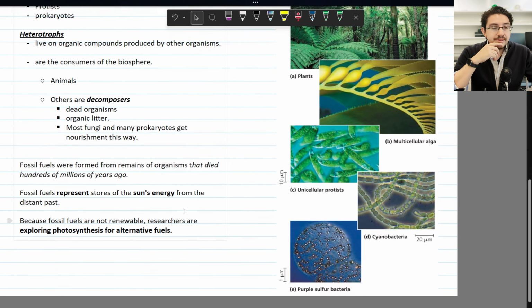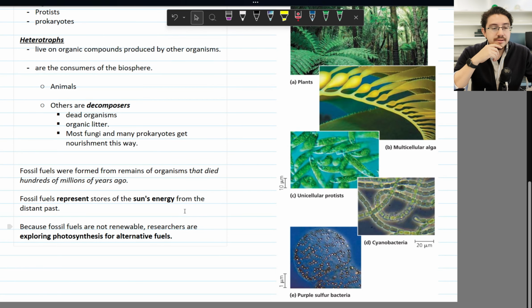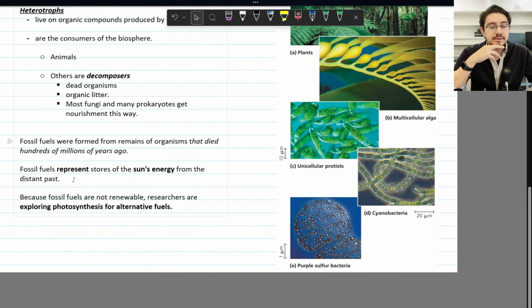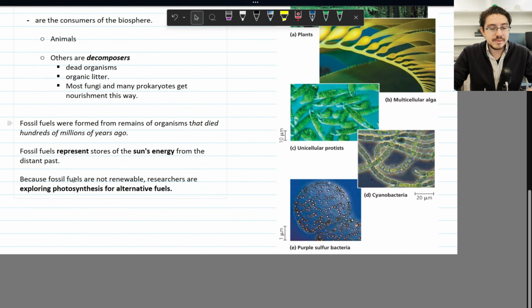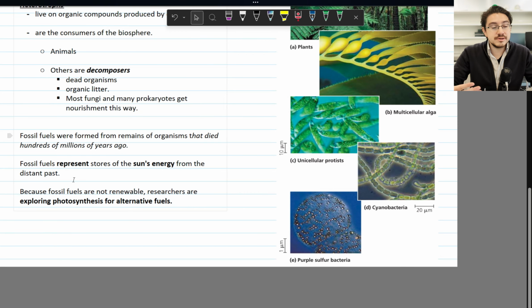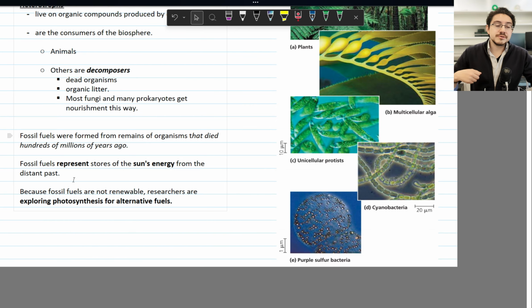Ultimately, you have organisms that processed these organic compounds and died out a long time ago, and they produce fossil fuels, right? They're formed from the remains of organisms that died hundreds of millions of years ago, ultimately harnessing the sun's energy. Fossil fuels represent stores of the sun's energy from the distant past. Because fossil fuels are not renewable, of course, researchers are exploring photosynthesis for